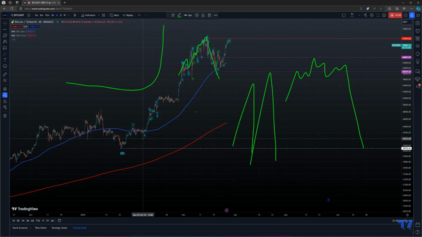given this structure of 1, 2, 3, is that really a 4? Is that really, sorry, a 5 of 3? And then is that really a 4 and a 5? You know, those are not easy to tell. I would say yes, it is, but I wouldn't short it. I'd wait for a confirmation. If it did break it and then we reversed completely and then broke that particular line there, I would definitely take that as a sign.